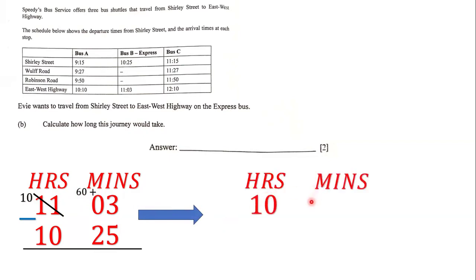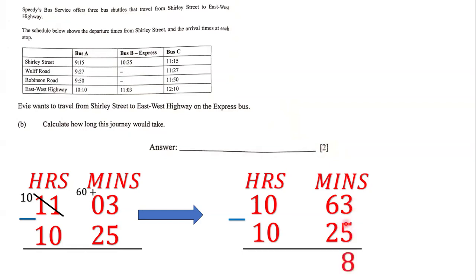For the minutes, we're going to have 60 plus 3 minutes, which is going to be 63 minutes. And then we're going to have 10 hours at the bottom and 25 minutes at the bottom as well. And then we subtract. And so we say 3 minus 5. We still cannot do that. So we have to borrow from